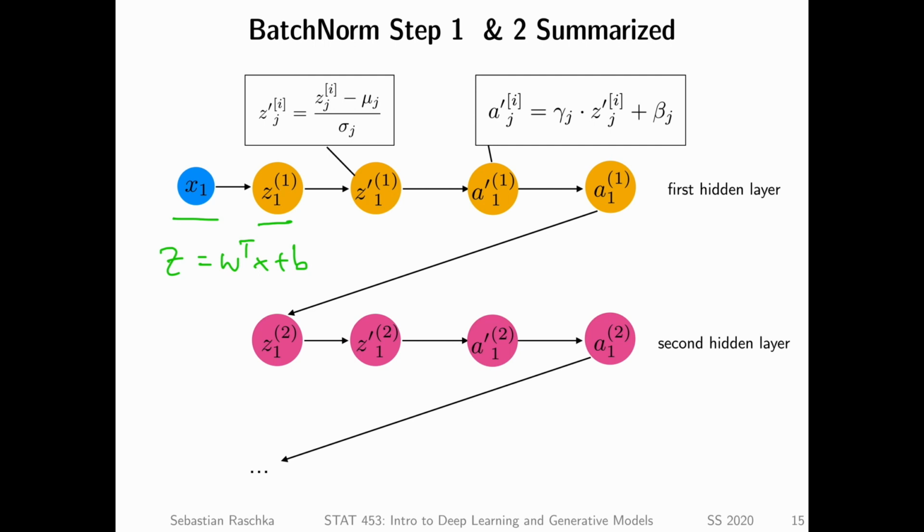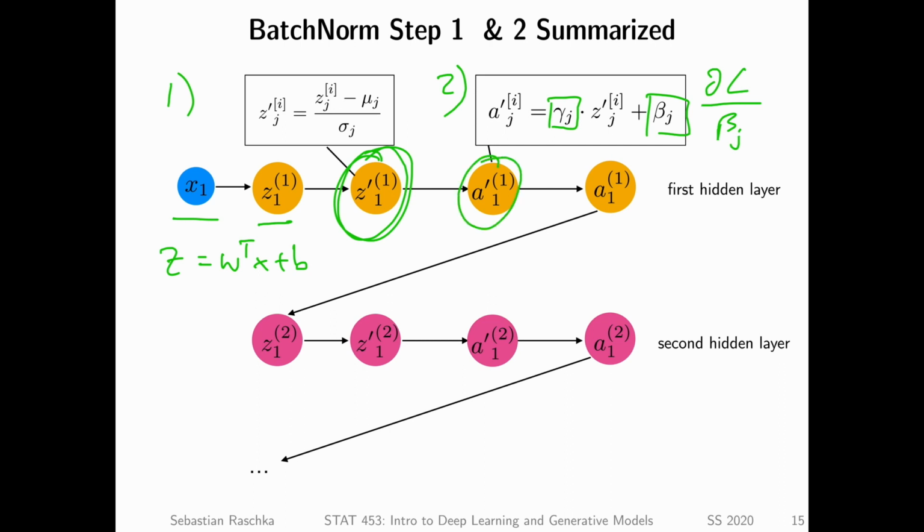Then we normalize or standardize these net inputs, and get z prime. This is the first step of batch normalization. And then in the second step of batch normalization, we apply the additional parameters, the gamma scaling parameter and this beta mean parameter, which can add a constant that could be equal to the mean, but it is learned by differentiating the loss with respect to beta, so it can be any value. Usually we can say that it's a scaled net input.